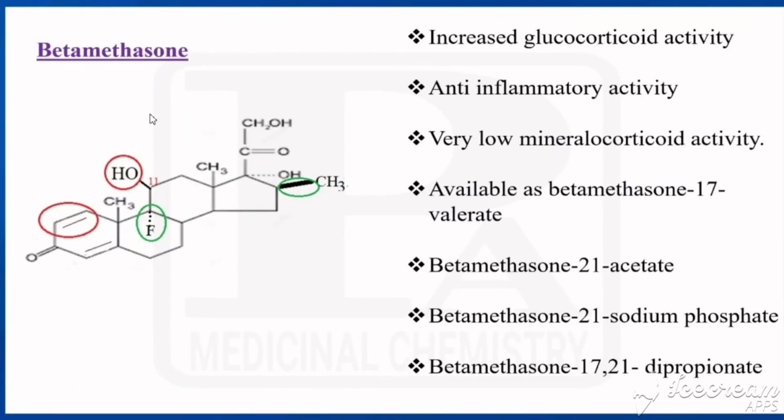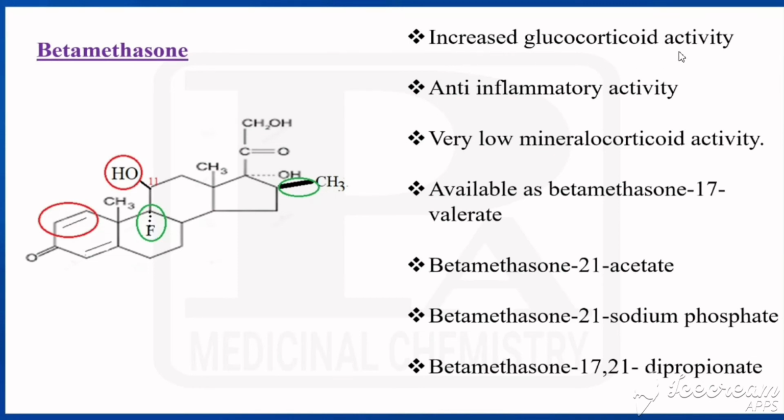Now see betamethasone. So same thing, same steroidal nucleus, 17th position alpha hydroxy, COCH2OH, 2 angular methyl groups, 2 bonds, ketone and hydroxy group. So other than prednisolone, what all would be added? Here in 9th position it is having alpha fluoro group, and 16th position it is having beta methyl. So that is the difference between prednisolone and betamethasone. So same as that of prednisolone, betamethasone is having beta methyl. That's why it is called betamethasone. So beta methyl is attached to 16th position, and at 9th position it is having alpha fluorine. So that is for betamethasone.